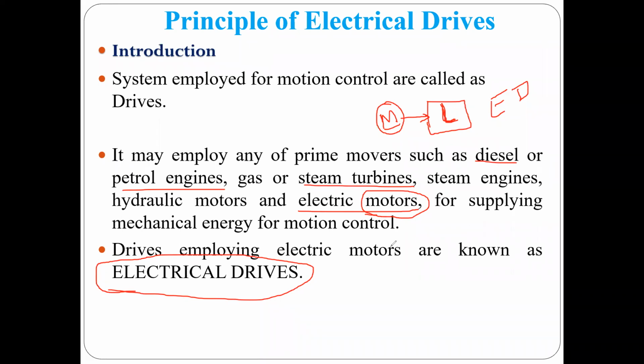Okay. Second one, speed also. So we have to control the speed also. Is it clear? Depends upon the road position, depends upon the traffic. So we have to control the speed of the vehicle. The next one, direction is also important. If you have not properly maintained the direction, can you drive the vehicle?